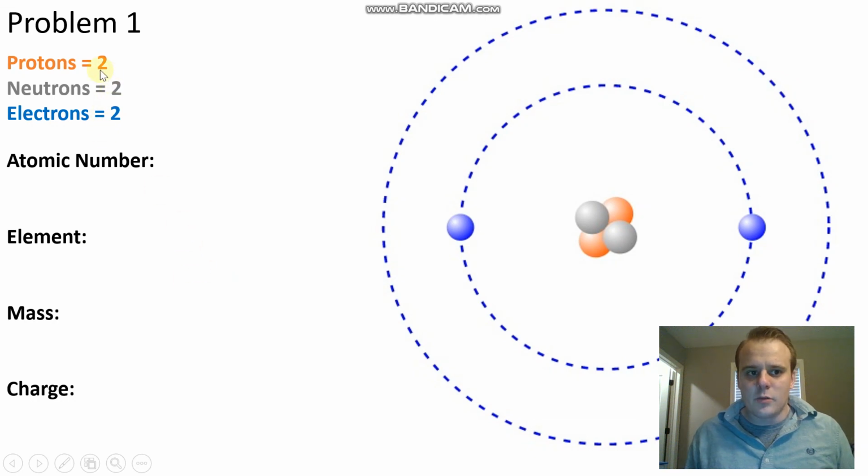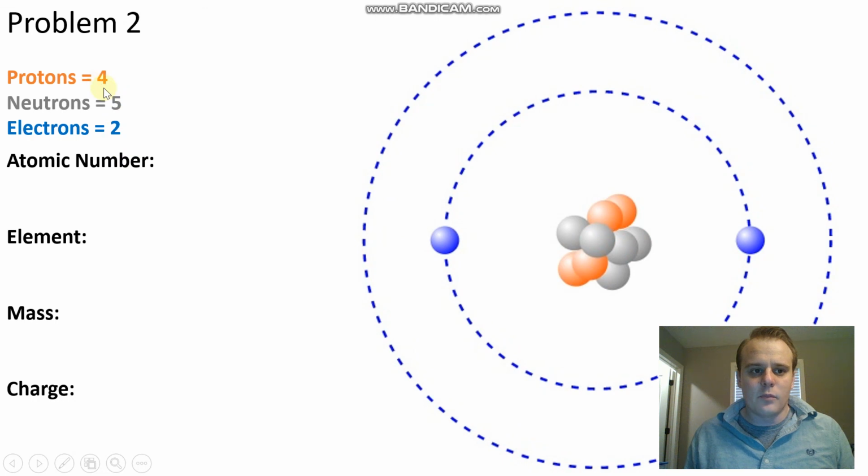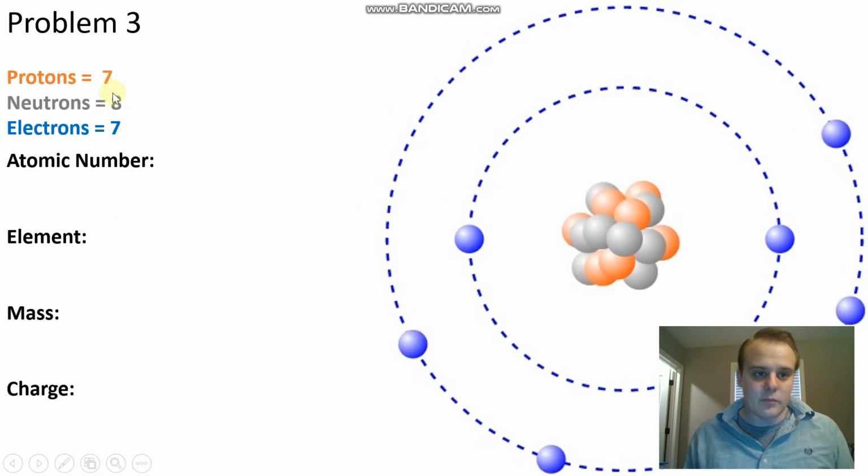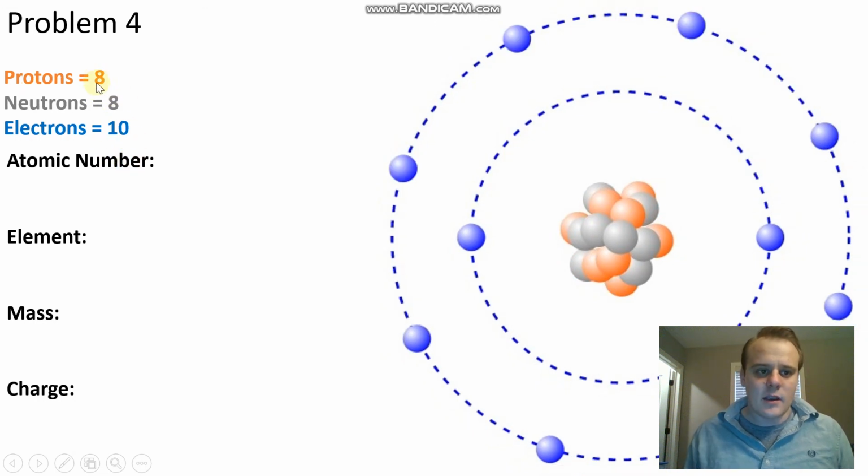So one of them has 2 protons, 2 neutrons, 2 electrons. One of them has 4 protons, 5 neutrons, 2 electrons. One has 7 protons, 8 neutrons, 7 electrons. Last one has 8 protons, 8 neutrons, 10 electrons. So go ahead and work through those problems. If you have any questions, feel